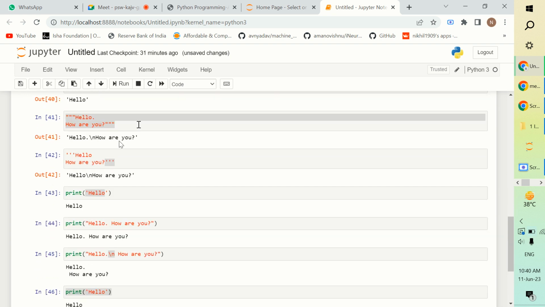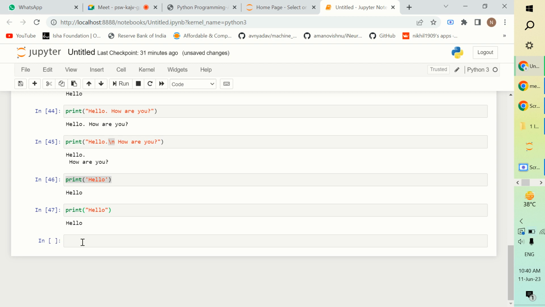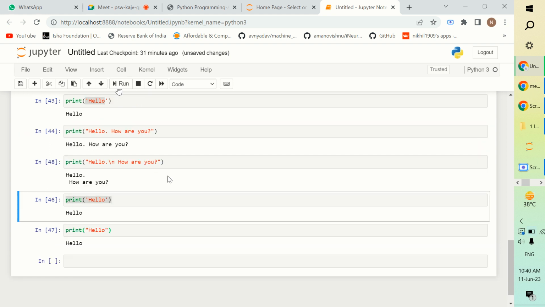आगे रन नहीं करेगा, फिर खुद से करना पड़ेगा। बट बाय डिफ़ॉल्ट जैसे जैसे हम कोड लिखते जाते हैं, हम शिफ्ट एंटर करके रन करते जाते हैं। या तो शिफ्ट एंटर करके रन कर सकते हैं, या तो इस बटन पे क्लिक करके रन कर सकते हैं जुपिटर नोटबुक में।